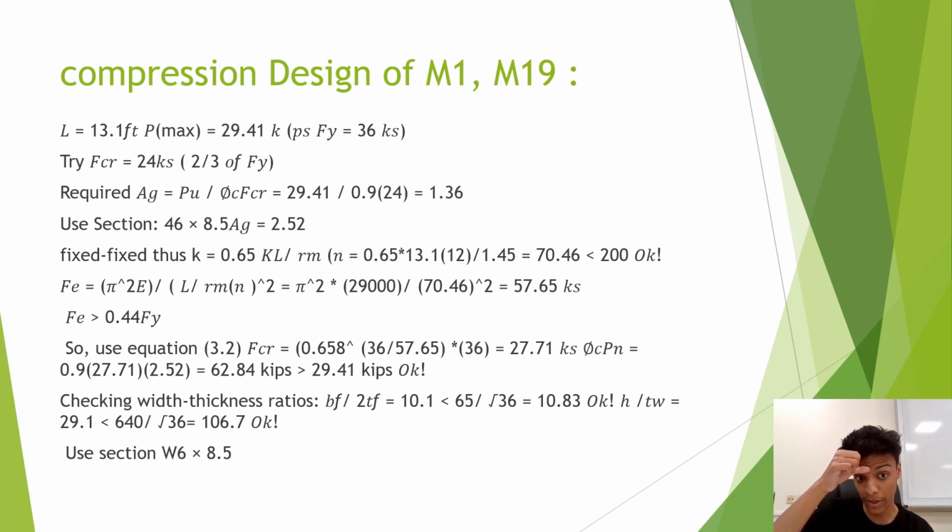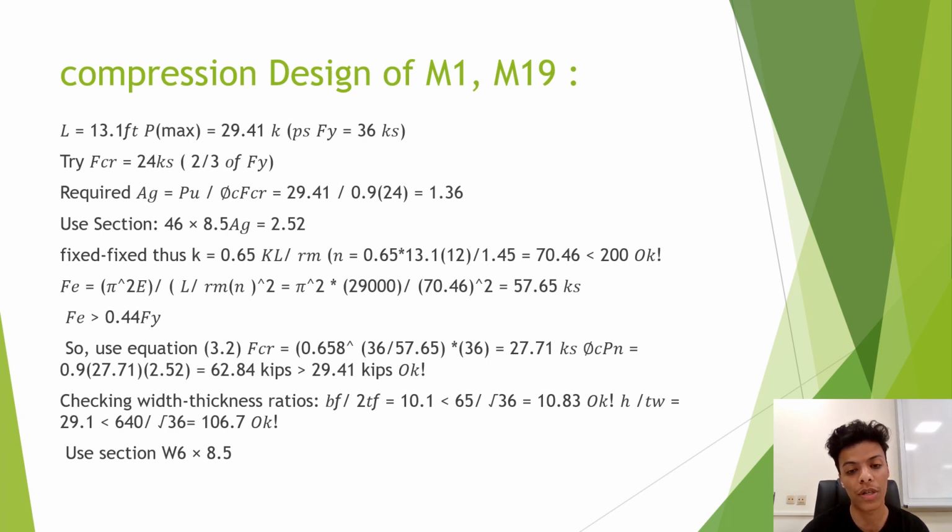As you can see, the formula is 0.658 power 36 over 57.65 times 36. We found it 27.71. After that, we are checking the width and thickness ratio, which is BF over 2 TF,